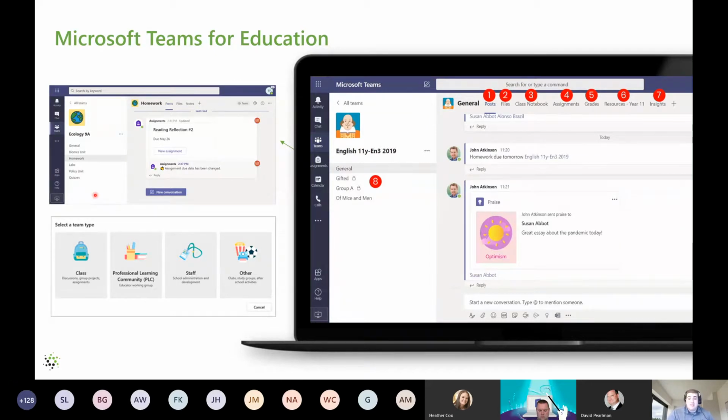When you have a team for the education space, you get a lot of useful features, like we've seen in Teams normally: the ability to chat, to manage files, to have the class notebook. Heather and the team showed you some new features and updates coming for Notebook within Microsoft Teams, available to your teams and classrooms in the education space.